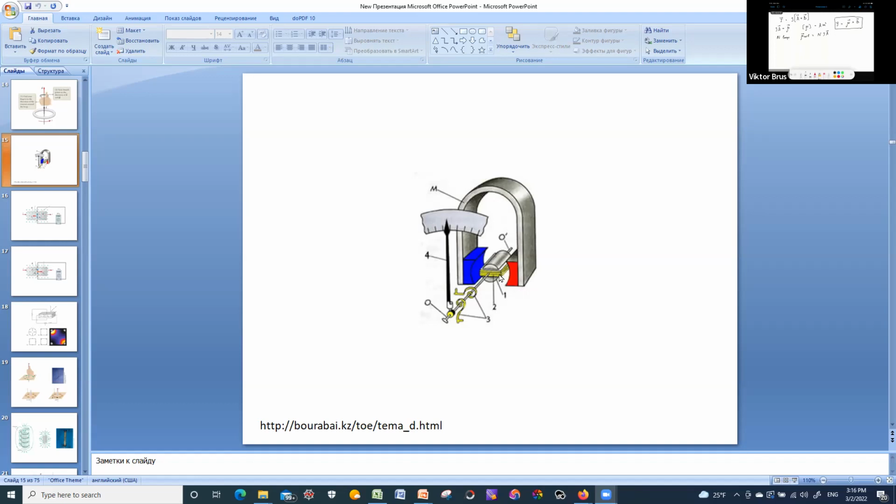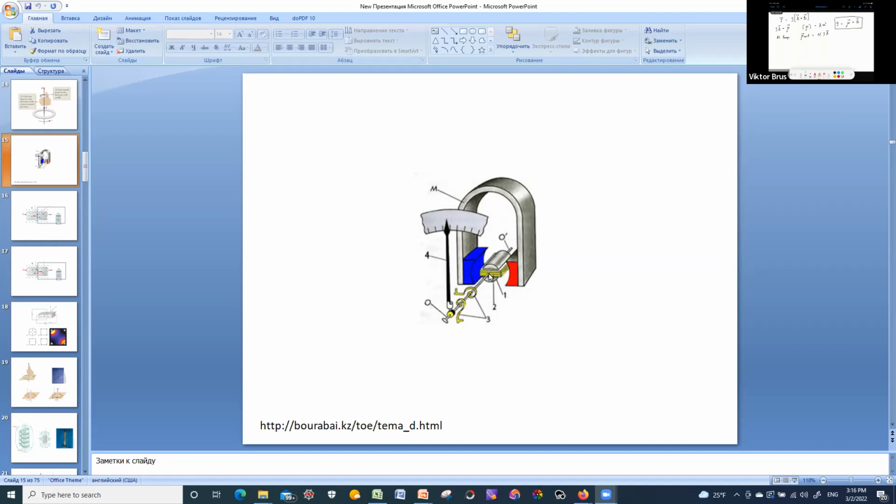And if we have a current loop in an external magnetic field, here you see we have permanent magnets placed just next to this current loop. So in this space where the current loop is located, there will be some uniform magnetic field created by these permanent magnets. So if we have some current in this current loop, which we want to measure,